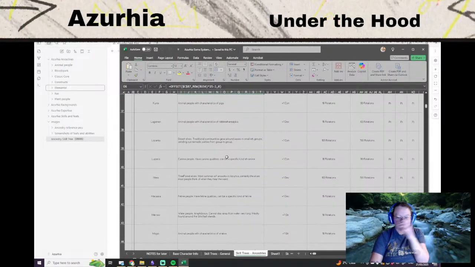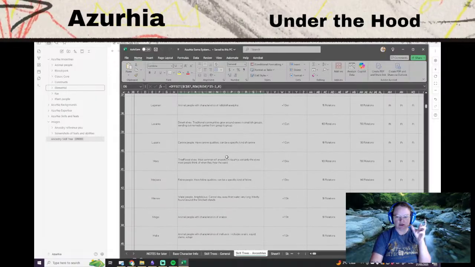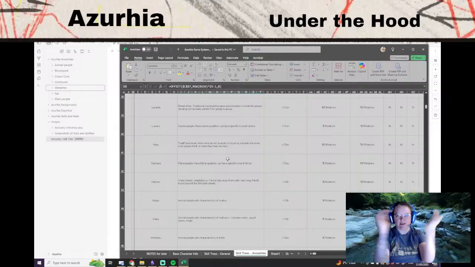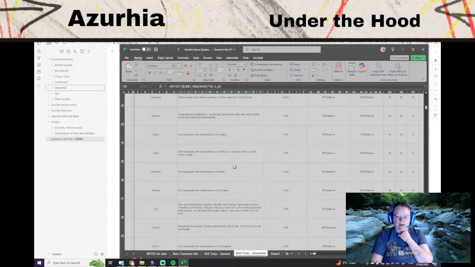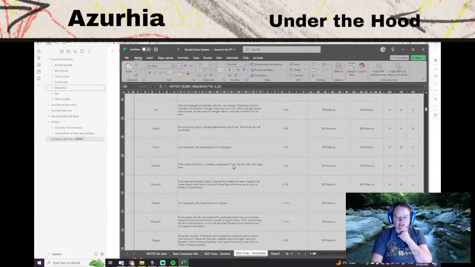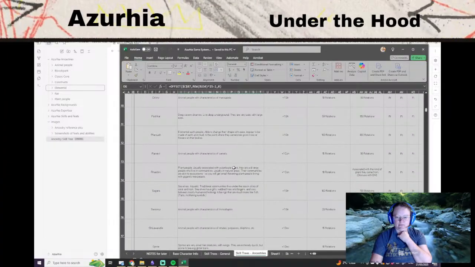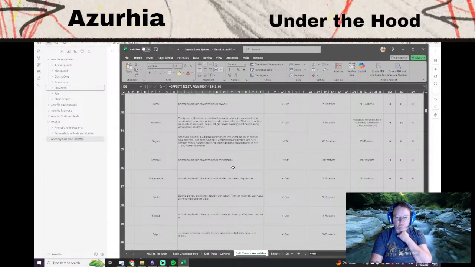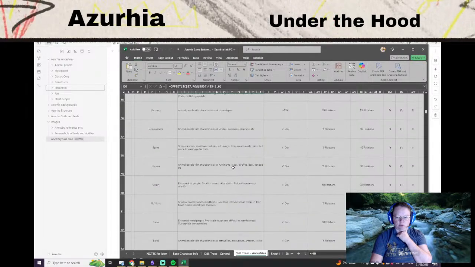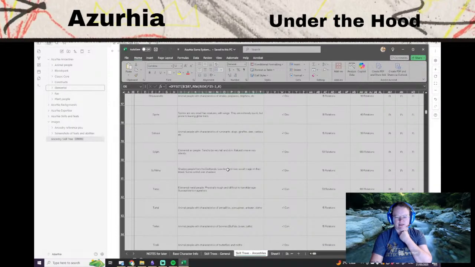The idea behind categorizing them like that is to give people, like if I want to play an animal person, it just puts them into kind of categories, and hopefully just makes it a bit easier for people to choose. Otherwise, it's very overwhelming. There's a lot of